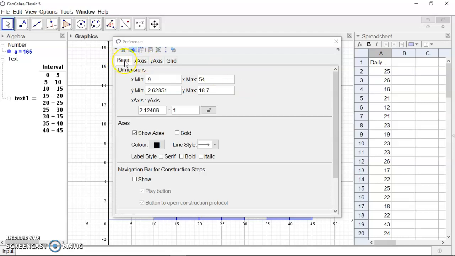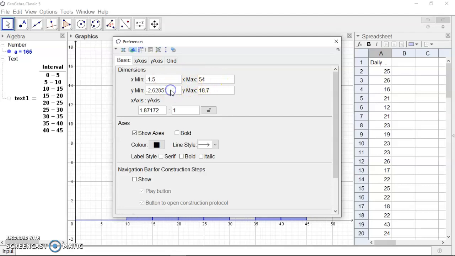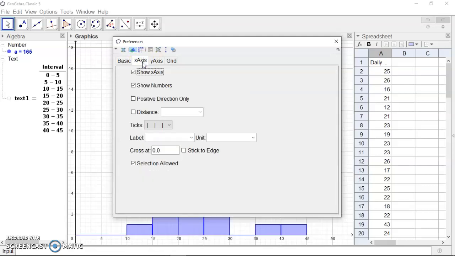It says select the basic tab. Well, we've got that already highlighted, and we want our x min as -1.5, so I'm just going to change that to -1.5. Don't worry about the max, that doesn't matter. For the y min we're asked for -1, and again you can ignore the maximum there, that's fine. Then if we go to the x-axis tab, we're asked to tick the distance, and in here put a distance